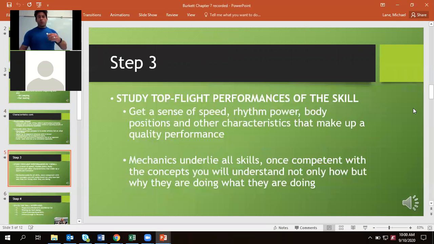So then our goal should be to look at the best performances of the given skill, because it's going to give you an idea of how fast it should be performed. What's the general organization, the positions that people are going to be performing it in. So we have an idea of what is going to be a good performance of it. Now, we're going to see the mechanics that are undoubtable, as in, here are the basic things we need to do. But then we're also going to start to get an idea of where can we have some variety